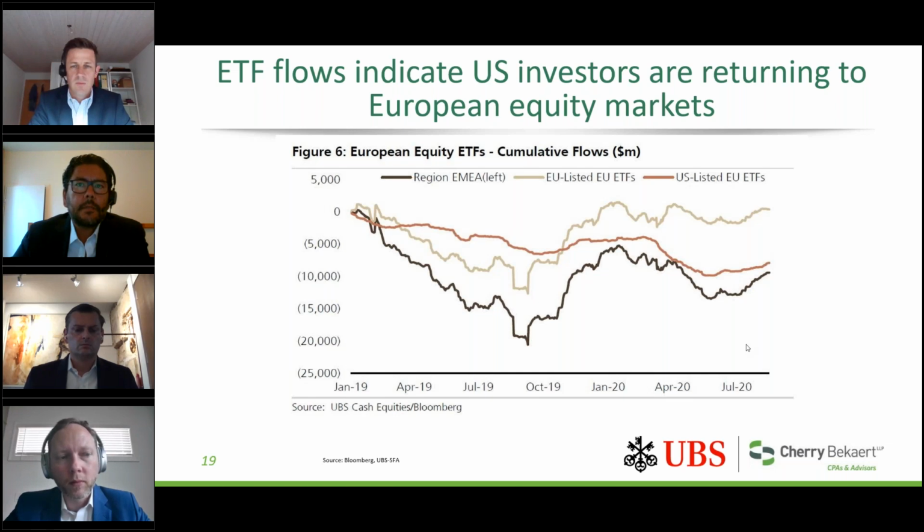The interesting or the clear message here is that the red line is showing the flows of US listed ETFs, showing clearly that US investors have massively sold out of Europe, while I would say the insiders, the European investors, are rather sticking to their markets. Typically, we see this as a sort of early indicator, and we already see, especially recently, that US investors are returning to Europe for different reasons, be it the cheaper valuation, be it the currency situation, to implicitly take profit from the US dollar, taking benefit from a cheaper euro,